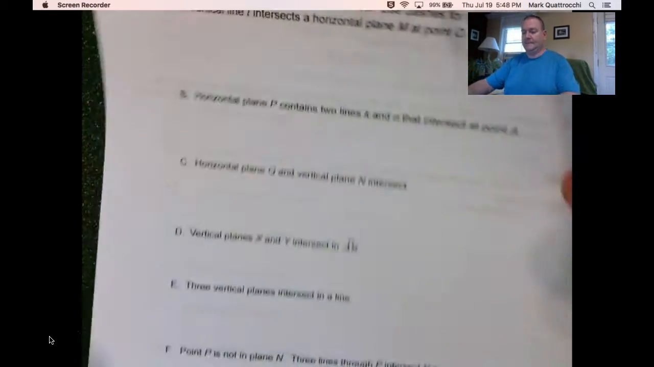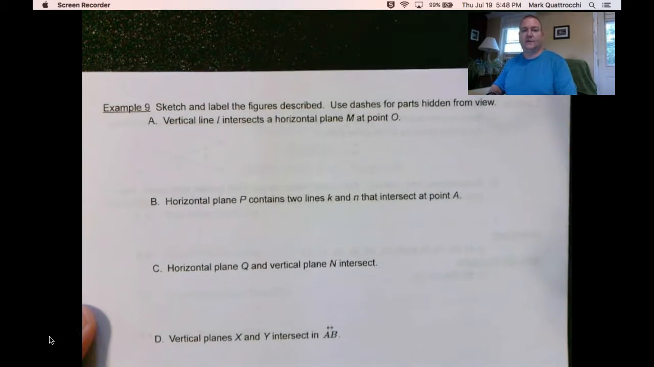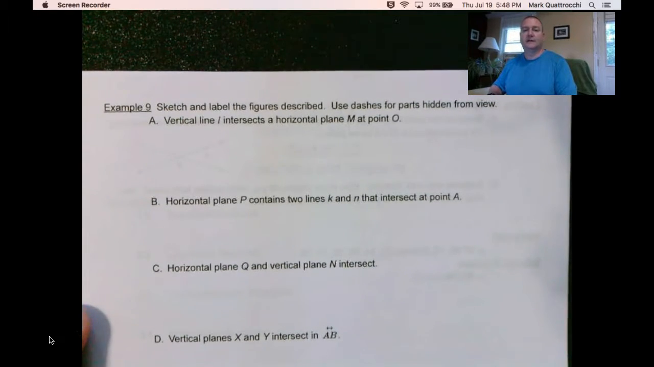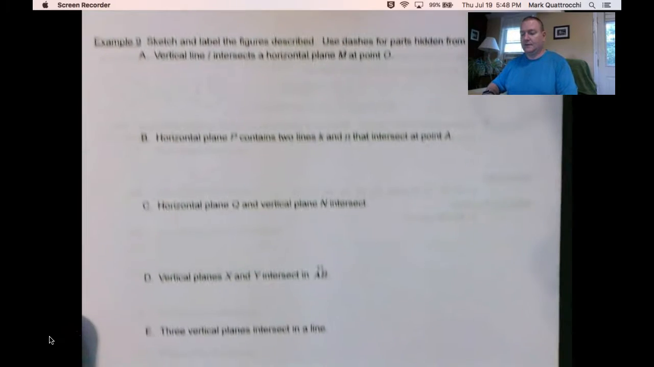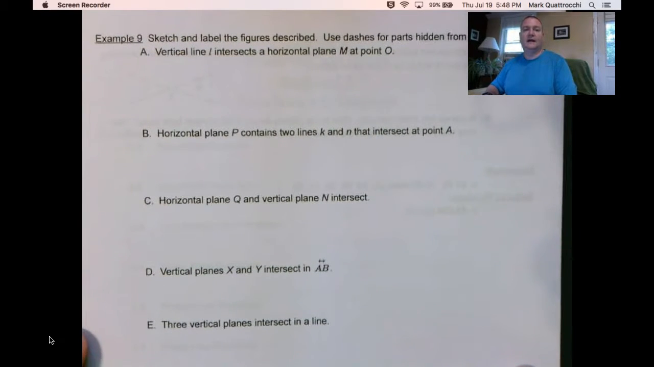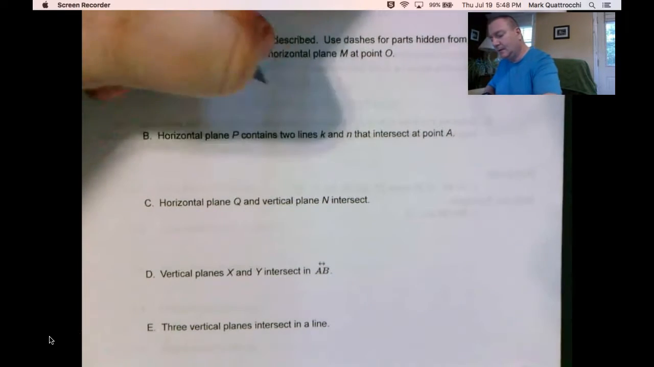Example 9. Sketch and label the figures described. Use dashes for parts hidden from the view. So, vertical line L intersecting horizontal plane M at point O. So I'm going to draw